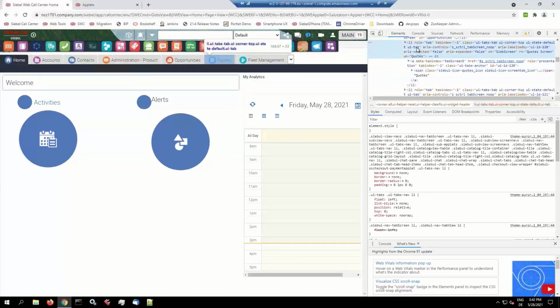So you see there's an LI element, and this has additional attributes called ATA, automation tag attributes, and one of them is a type, object type, OT, Siebel screen, and then there's the repository name, so that makes it kind of unique. There's only one quote screen of that type, right? And then there's the user name, which is like the translatable label or text. So these three attributes have to exist for the test automation to work,